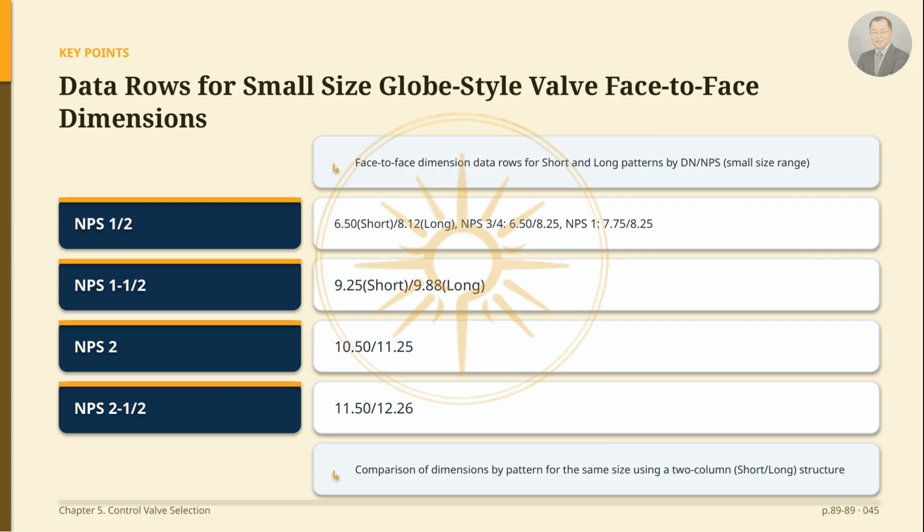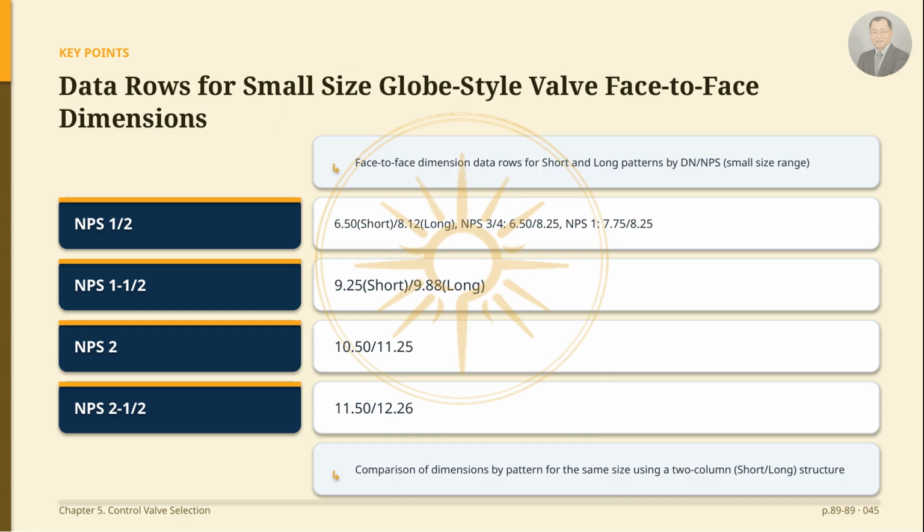I will now introduce the data for the small size range of the globe valve face-to-face dimension table. These rows provide short and long face-to-face dimensions for each valve size, categorized by DN and NPS. For NPS 1/2 in, the short is 6.50 inches, and the long is 8.2 inches. For NPS 3/4 in, the short is 6.50 inches, and the long is 8.25 inches. For NPS 1 inch, it is 7.75 inches and 8.25 inches, and for NPS 1.5 inches, it is 9.25 inches